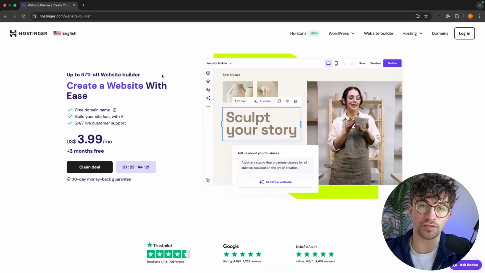Okay, so the very first thing that we need to do is choose the website builder that we will be using in order to build this website. My favorite website builder and the one that I use for all of the websites that I build is the Hostinger website builder. And the reason for this is because it is incredibly cost effective and is also the easiest